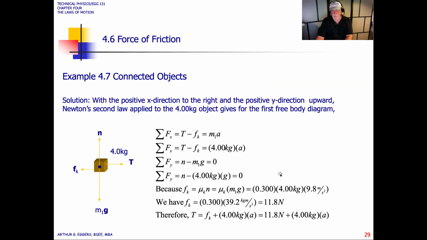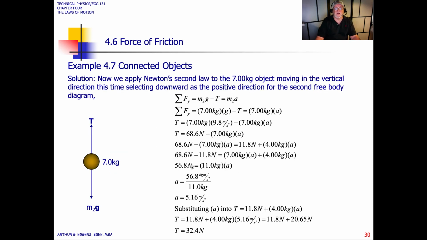Okay, so go back here. There's the relationship where we summed in the x-axis. Okay, so let's pull all the values together. 68.6 minus 11.8 gives us 56.8, and that equals 11 kilograms times the acceleration. Okay, so what we did was we factored the acceleration out, these two values, and subtracted them from the other side. Now, acceleration is equal to